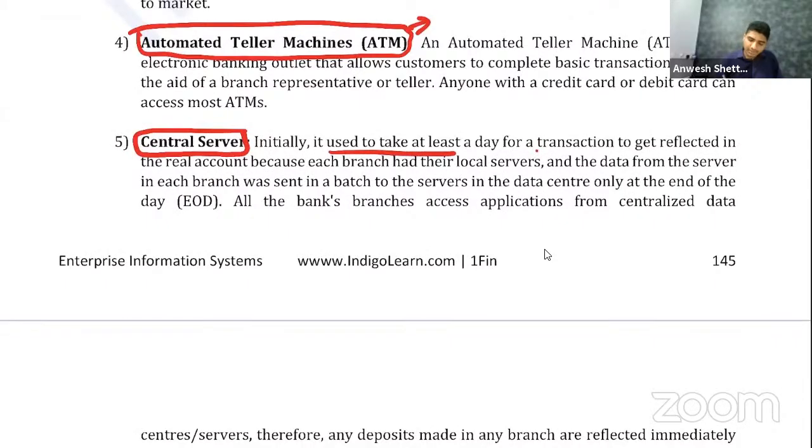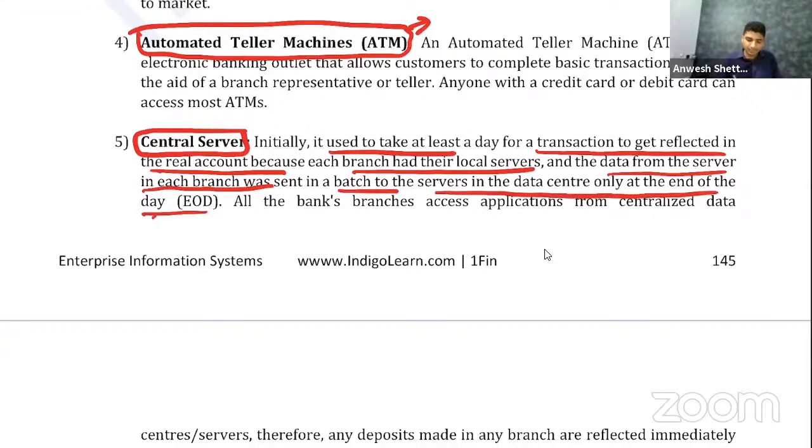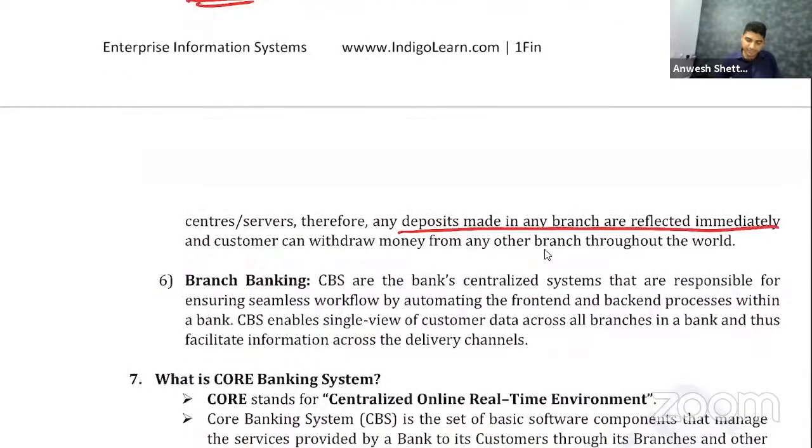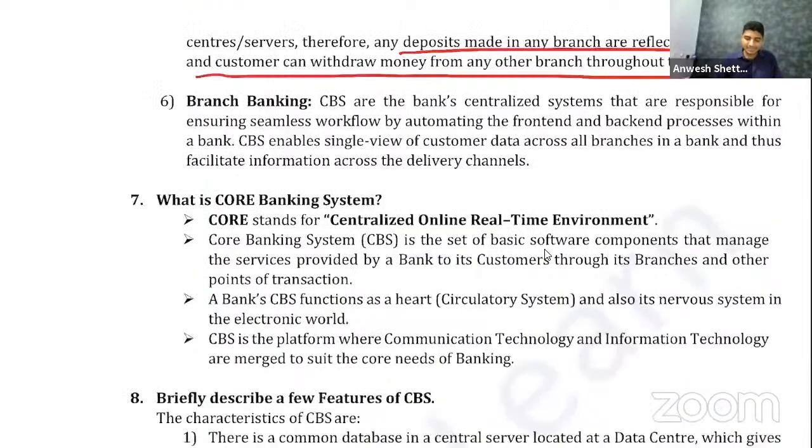initially, it used to take at least a day for transaction to get reflected in the real account, because each branch had their local servers and the data from servers in each branch was sent in a batch to the servers in the data center only at the end of the day. All the bank's branches access applications from centralized servers. Therefore, any deposits made in any branch are reflected immediately and customer can withdraw money from any other branches in the world. So if I have to put it in a very simple example and tell it to you,